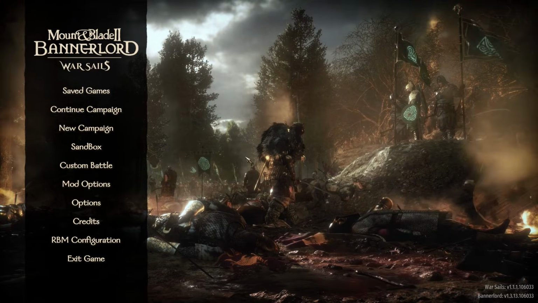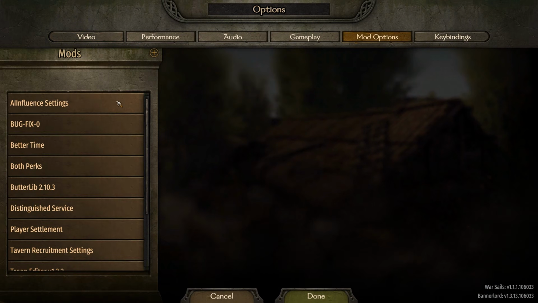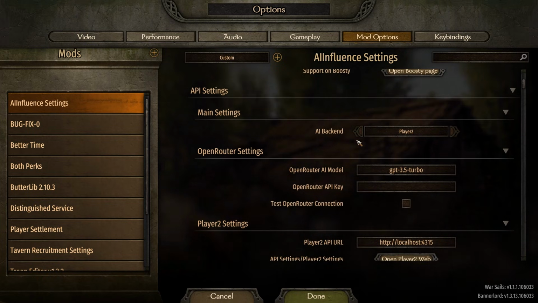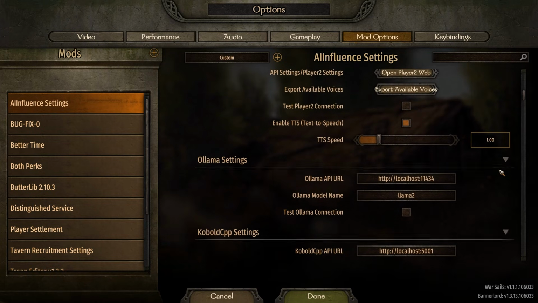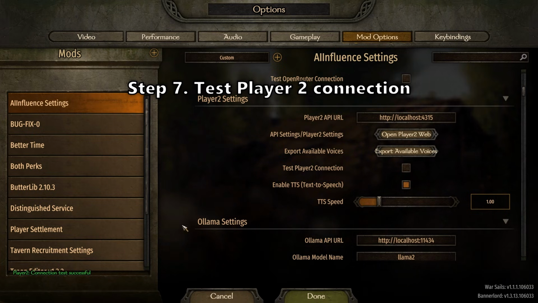Alright, now that we're at the main menu, let's make sure everything's set up properly in the options. If you're using Player 2, make sure your AI backend is set to Player 2. It should be Player 2 by default, but just make sure. And there's also a button to make sure that Player 2 is connected and working properly. If you click that, wait a few seconds and you should see a green notification in the bottom left saying